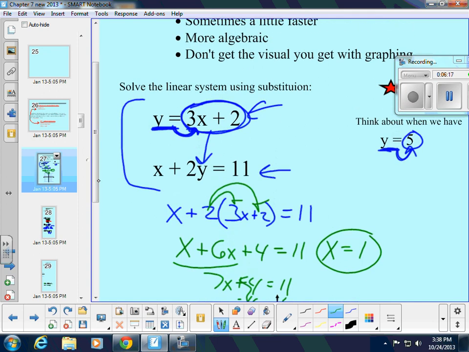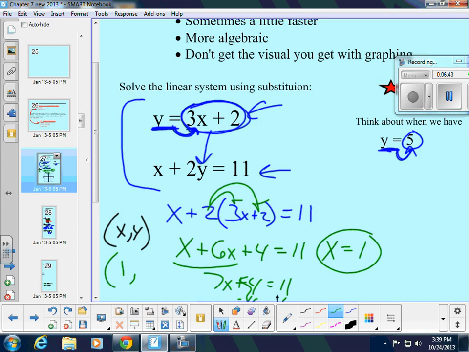Now picture back, though, and students should remember, when we did graphing, what did we find? What kind of solutions are we looking for? We're looking for an ordered pair. So we're looking for a point, like an x and a y, correct? So what I found right now is just my x-coordinate. I found that the x-coordinate for where these two lines cross is 1. If I want to find the y-coordinate, well, how can I do that? And usually I'll ask students, and they can kind of come to the agreement and figure out that